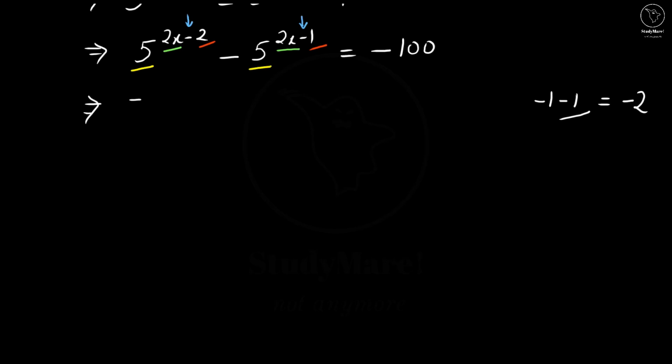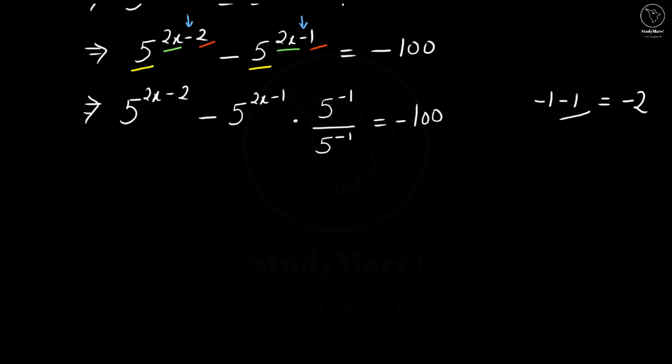The first term is 5 to the power 2x minus 2. The second term is minus 5 to the power 2x minus 1. If we multiply this second term with 5 to the power minus 1, being the same base, the exponents will add up, thus giving us 2x minus 2. So, we divide it also by 5 to the power minus 1 to keep the value of the term unchanged,